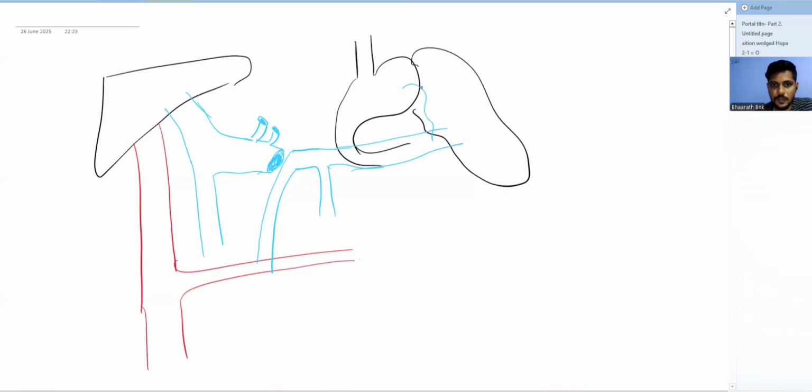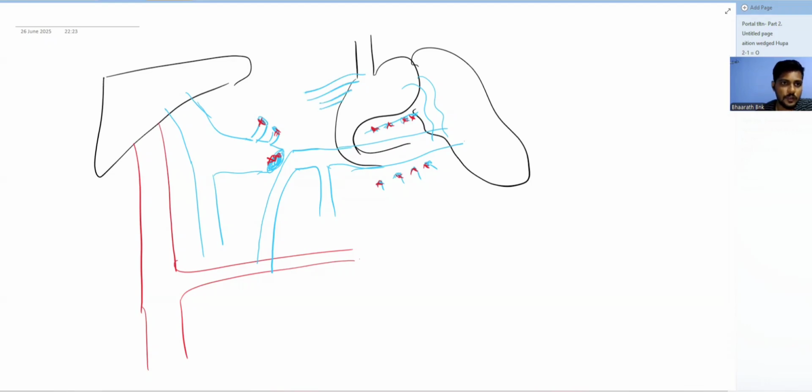The short gastric veins enter here, and the left gastroepiploic vein was also cut. It was disconnected. Most of the pancreatic veins get disconnected, right? So the left gastric vein was disconnected. The main splenic vein was disconnected from the portal system. The gastroepiploic veins were disconnected, and most of the pancreatic veins were disconnected. So now what happens is,